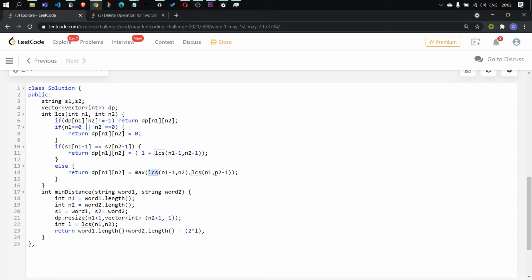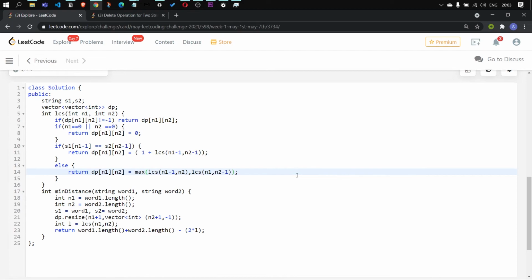And we are also doing the same thing, but in this case you are doing the opposite. For word 1 you let it remain as it was and you subtract 1 from the length of word 2. That is, you are saying consider n2 minus 1 characters of word 2 and consider word 1 as it is and give me the longest common subsequence length. So in both of the cases you will be getting a certain value. The main thing here is that you will be taking the max of them because we were initially interested in the longest common subsequence length. So we will be finding the max of both of them and saving it in the dp array before returning it. So that's it. This is the code and this will work.